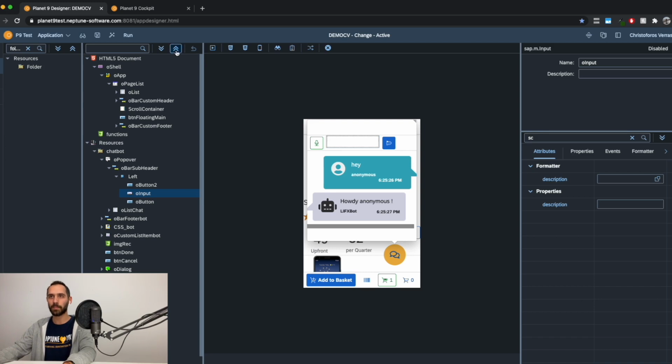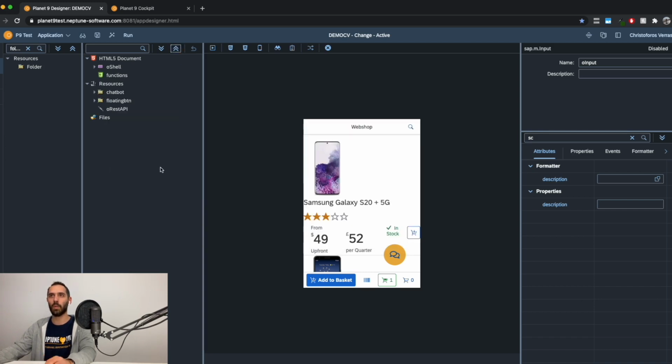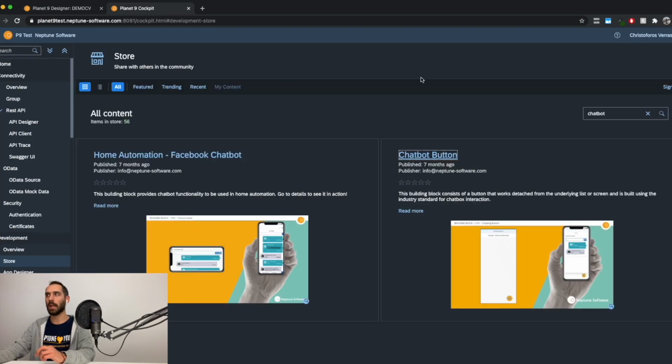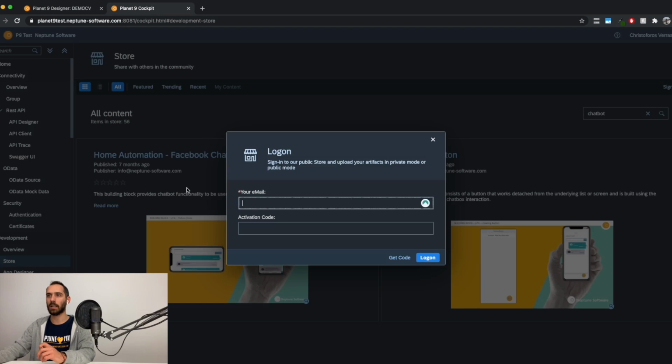And what I want to do now is show you how you can publish your own building block. So let's say that this is your building block already. You want to make some small changes, and maybe small configurations even, not just the UI, but how the functionality works. And all you have to do then is go back to the store that we were in before and click on sign in. Here you will find, just type your email account,